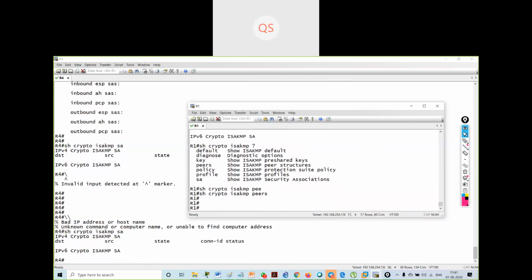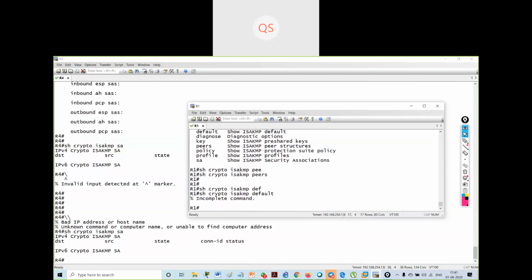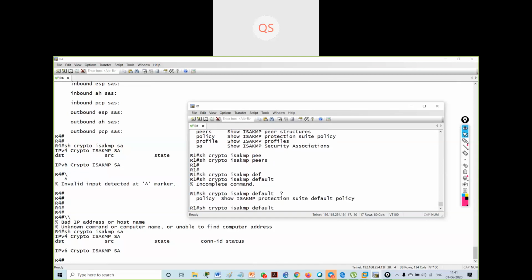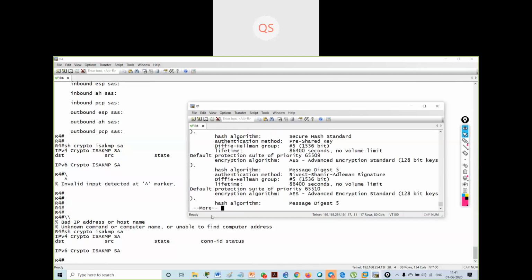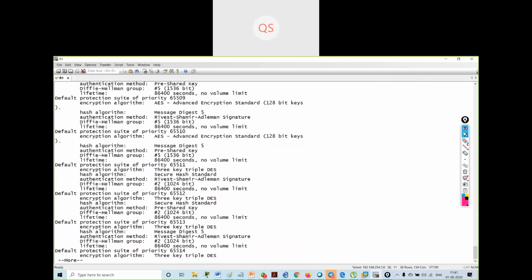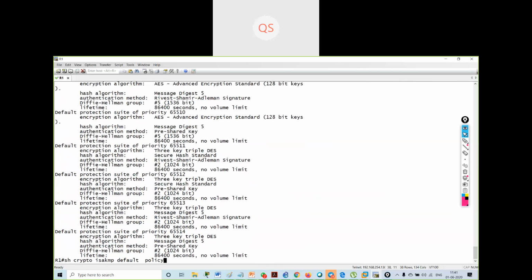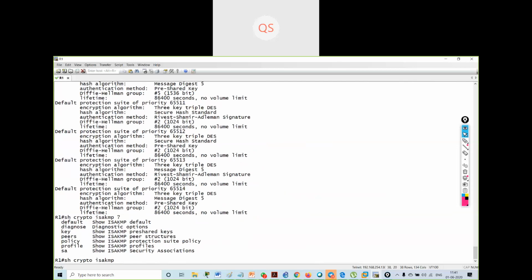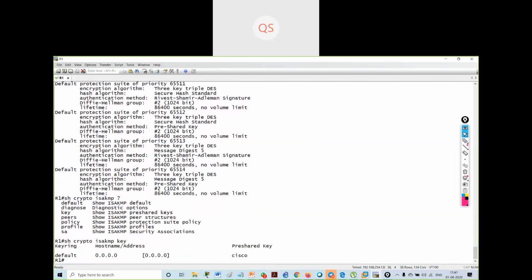Why is it not giving me the default policy? Show ISAKMP key. Pre-shared key is Cisco. Why is it not showing me the policy?